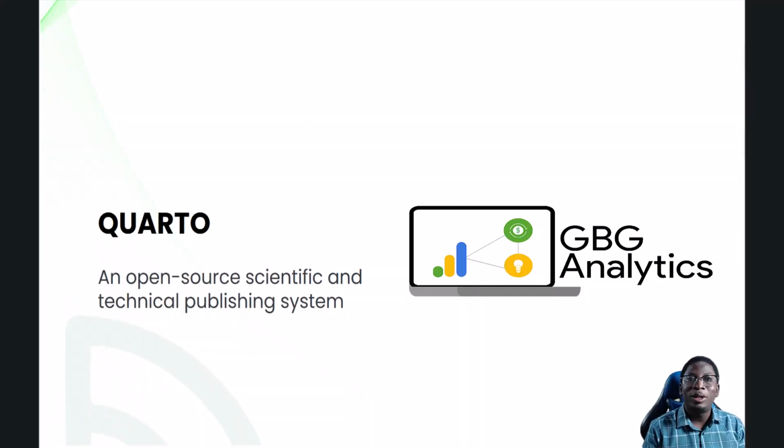In this video, you will learn about Quarto. Now, what is Quarto? Quarto is an open source scientific and technical publishing system that allows you to create dynamic documents, presentations, websites, and reports. It supports multiple programming languages such as R, Python, and Julia, making it a versatile tool for data analysts, scientists,